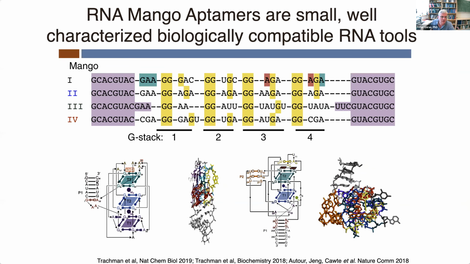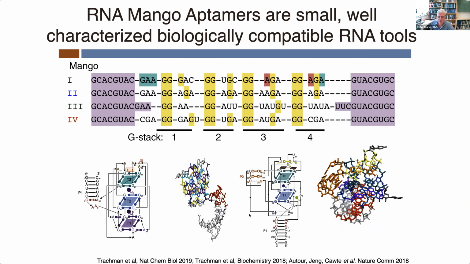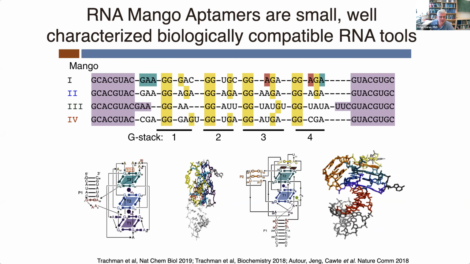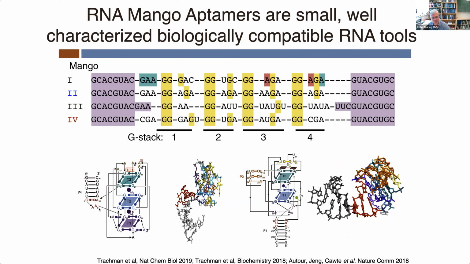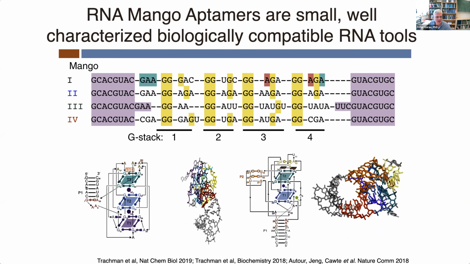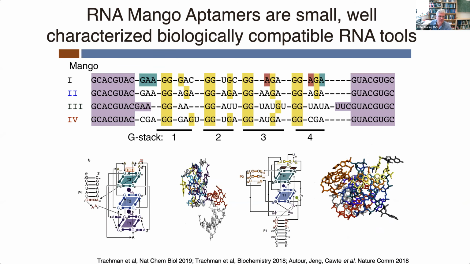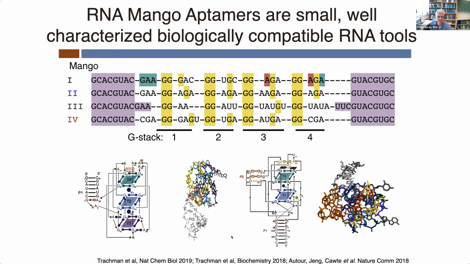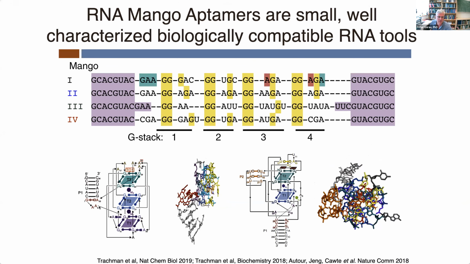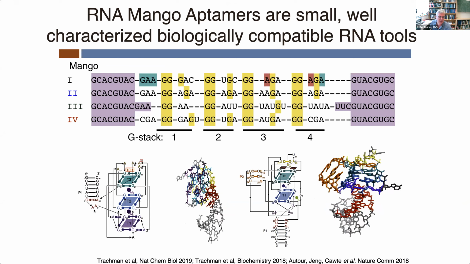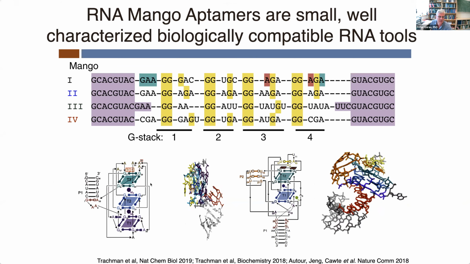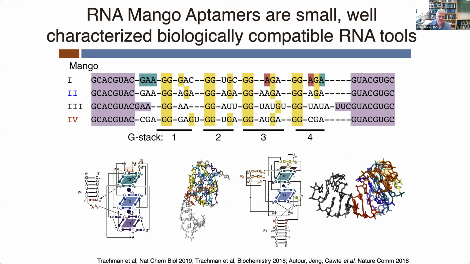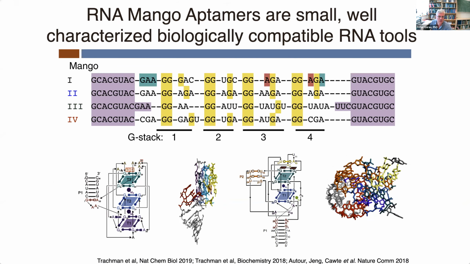So for Mango 2, for example, you have this P1. They always have a closing stem, which we call the P1 stem, after the riboswitch community. This can feed off into your biology someplace. And then they always have some kind of adapter element. This is the GAA type adapter that feeds into a quadruplex structure that serves to bind the thiazole orange moiety here.